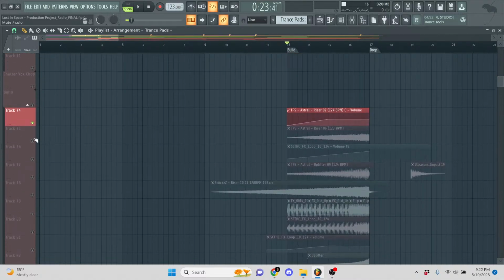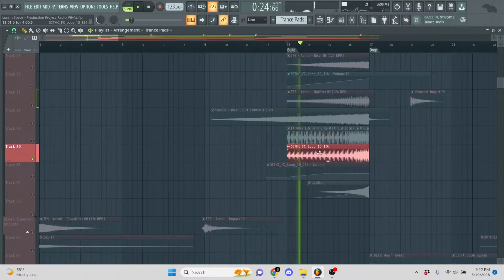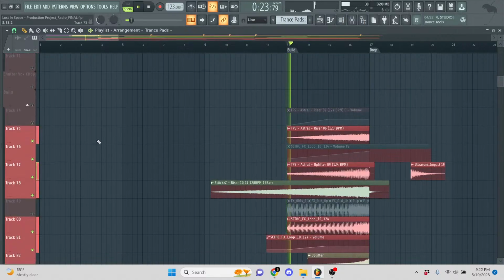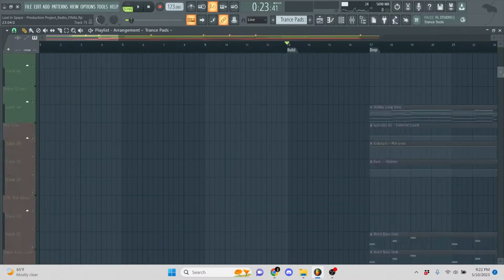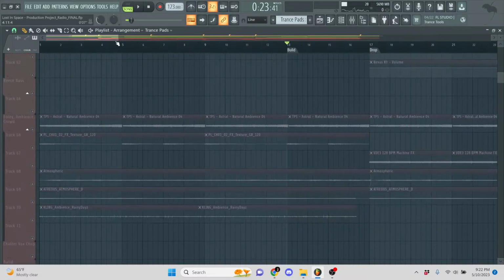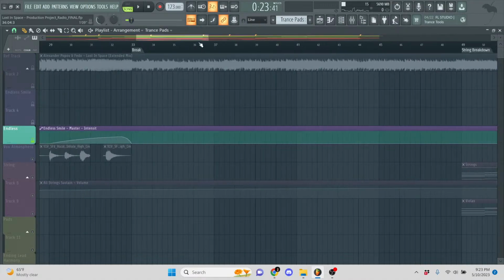Build-up. What do we got? A couple different layers. Two from the Producer School. I love their stuff. One from Styx. That one I didn't use. That's probably from Splice. That's it. Those layers right there make up the build-up. I don't think I have Endless Smile in the master. No, I don't. I didn't use Endless Smile in the master. And then a couple impacts and stuff in the beginning, and that's really it as far as the break at the beginning goes. The second break,